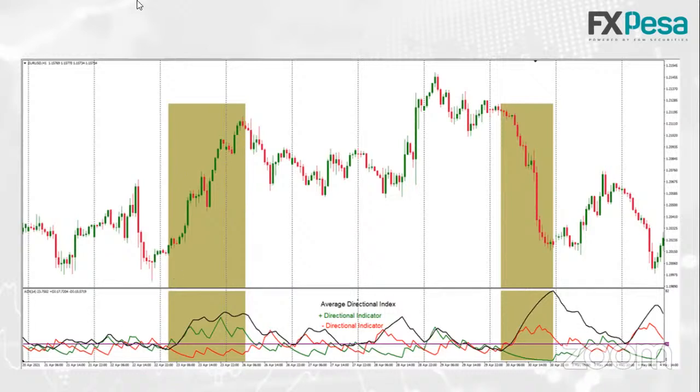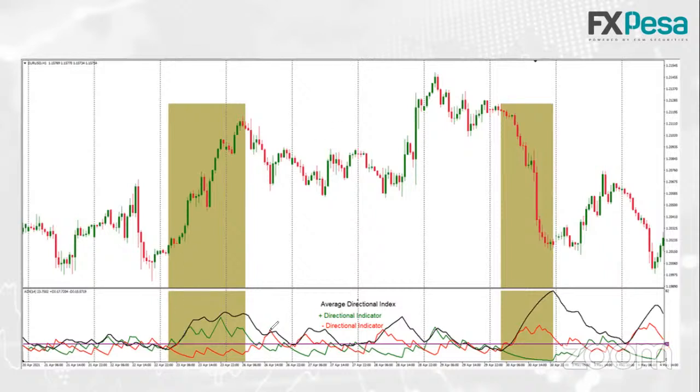In this case, you'll notice that at this point, we have ADX, the black line, crossing above 20. So this is level 20. Once it crosses level 20,